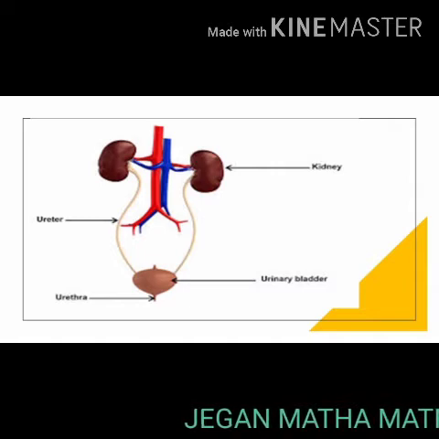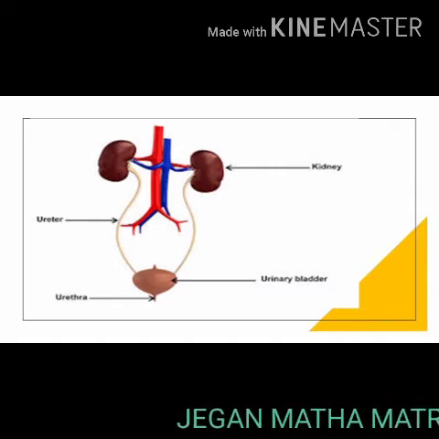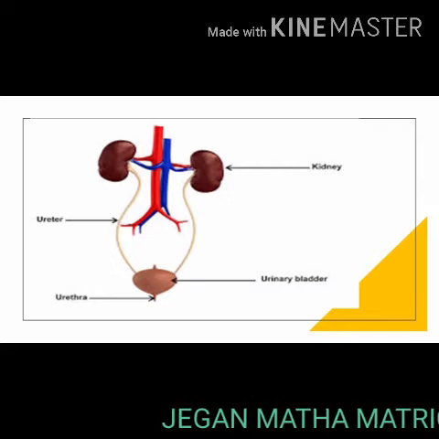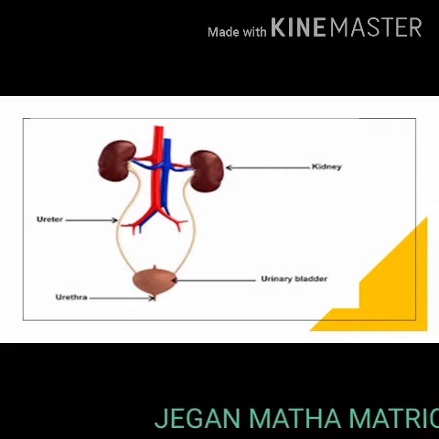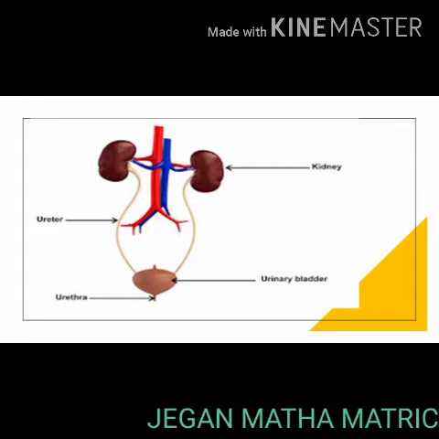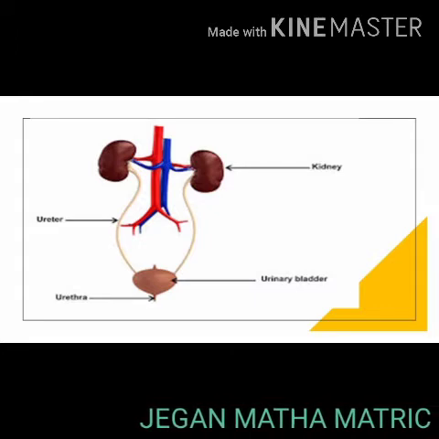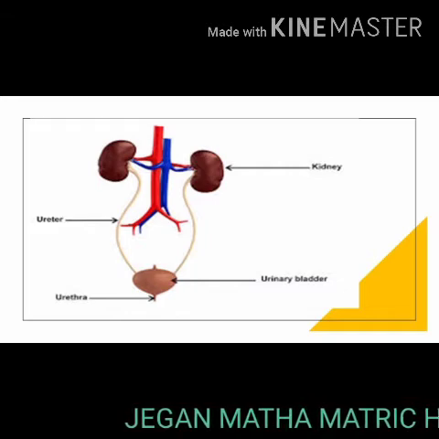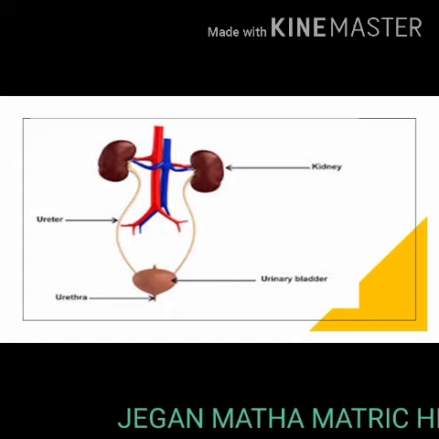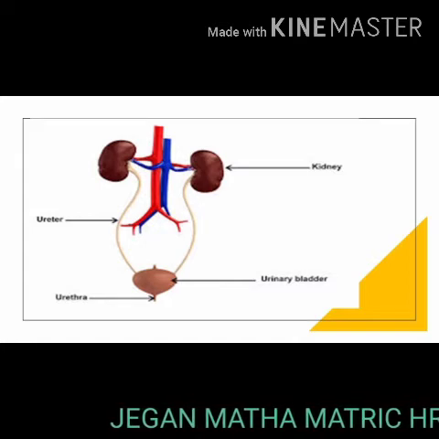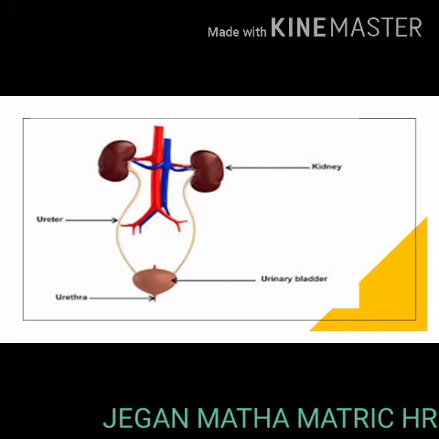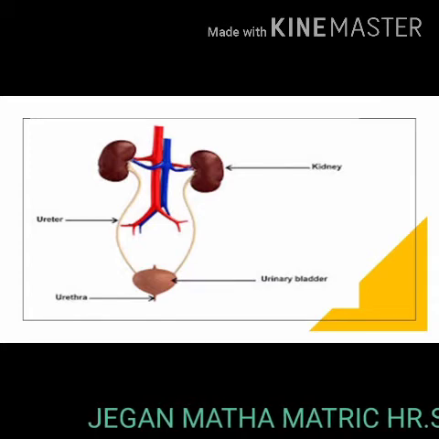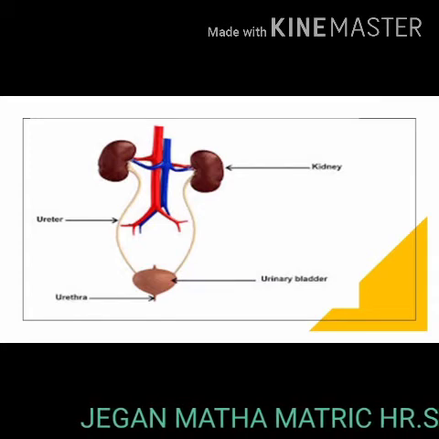and 3 centimeters thick. The kidney is covered by a layer of fibrous connective tissue: the renal capsule, adipose capsule and a fibrous membrane. Internally, the kidney consists of an outer dark region, the cortex, and an inner lighter region, the medulla. Both of these regions contain uriniferous tubules or nephrons.